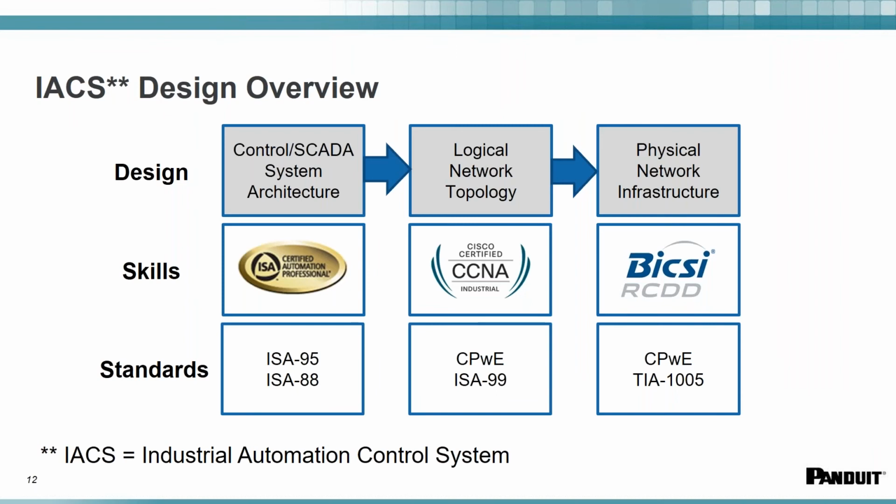Now here we are as an industrial automation control designer. You are asked all the time to go design a control system, and will most likely be working on the left-hand side of this deck. You have an ISA 95 and ISA 88 standard to comply with, to make sure that the automation system has all of these requirements built in for what it needs to do. The minute you are communicating out to the enterprise and to the other work cells, for all practical purposes, you are now dealing with communication.